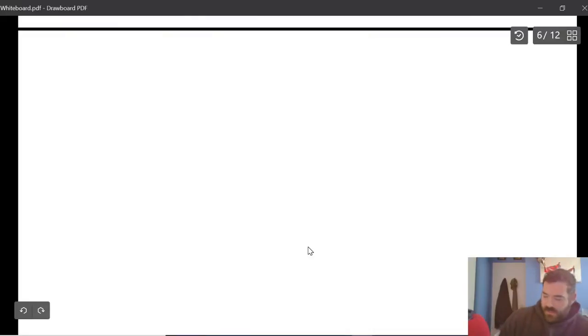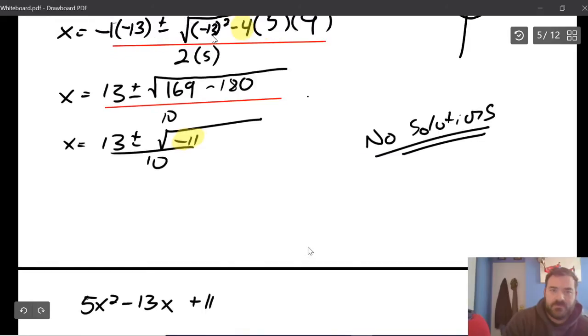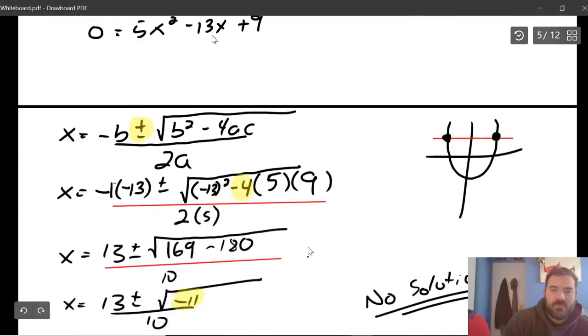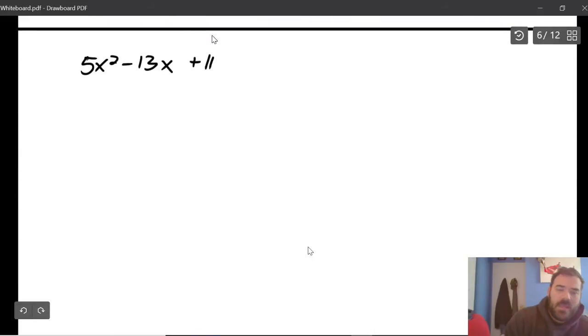Let's restart. All right, what was our equation? It was 5x squared minus 13x plus 11. Yep. And we're going to look for a solution at f of x is equal to 4. So this is f of x is equal to, I'm going to sub in 4 for f of x, so